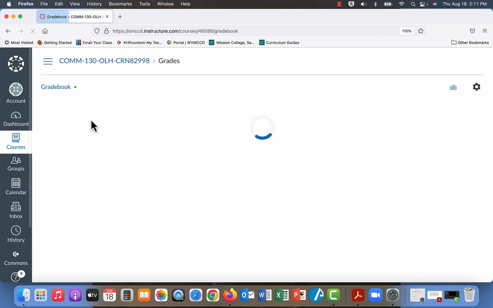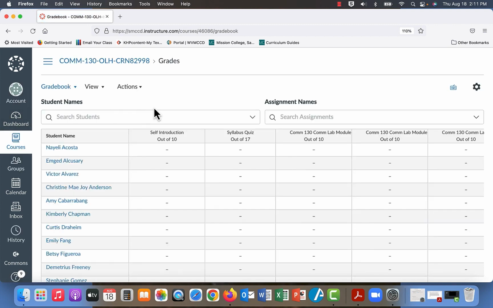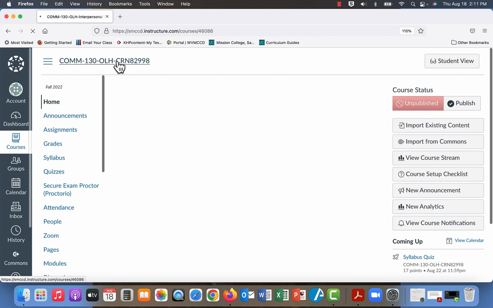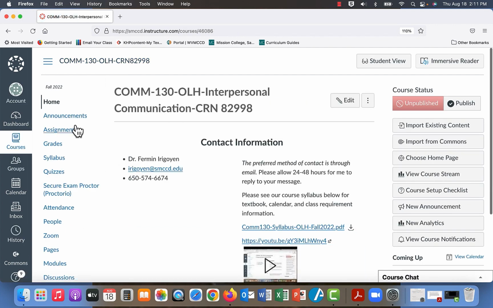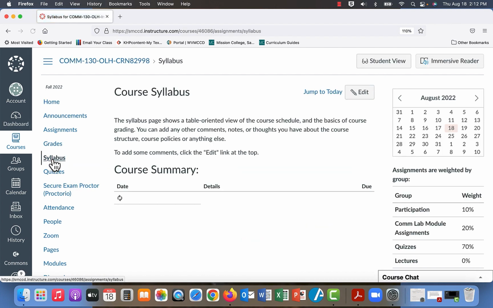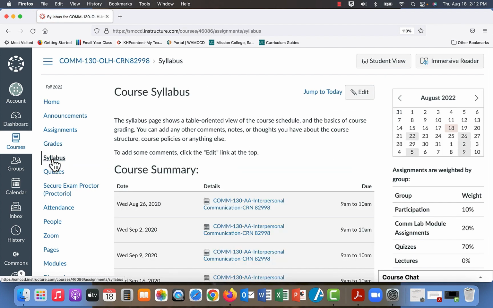Now, grades. Click on the grades, and you are able to see how you're doing in the course. I think that's a pretty good link, so keep an eye on that stuff. Again, when you do a quiz or a lab module or an assignment, after I post your scores, you've got 3 days to address any concerns. After that, you're out of luck. Staying on top of what's due, and when it's due, is very, very, very important.